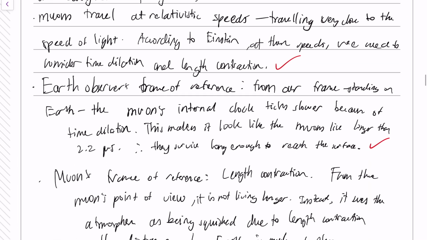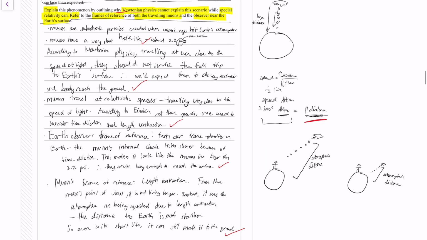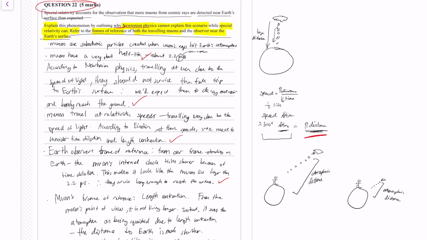Cool. So yeah, in summary, Newtonian physics doesn't cut it. Special relativity, though, explains it perfectly, and that's why we detect way more muons on Earth than Newton predicted. Okay,